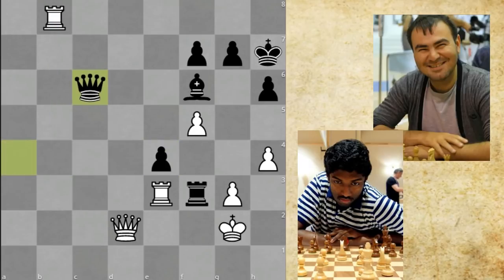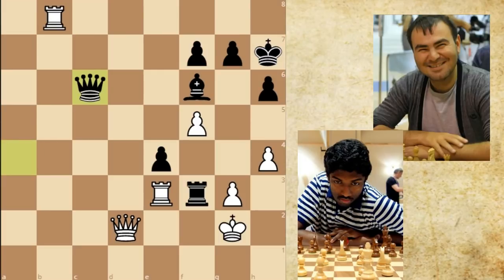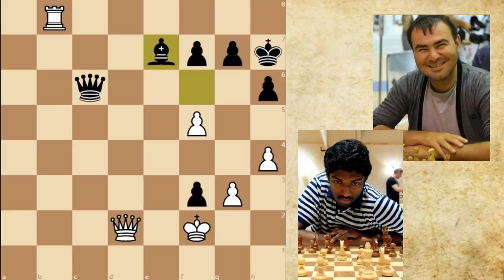Instead, Adhiban took on f3, and this gives black a very dangerous pawn here on the f file, and is probably what eventually swings the game over to Mamedyarov. Bishop e7, he's come to c5 with check, and from there you can push the pawn to f2, and the pawn becomes very dangerous. Queen d3, bishop c5 check,